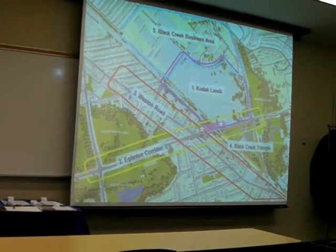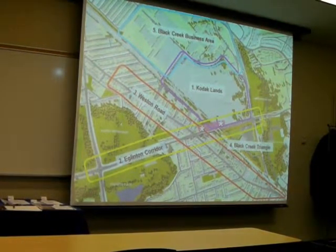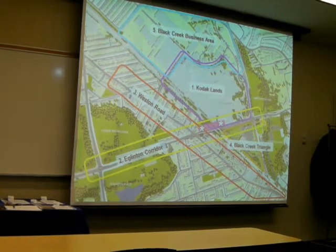And this is a real example of Mount Dennis area. We bought the Kodak lands. All that's left on the Kodak land is something called Building 9, which